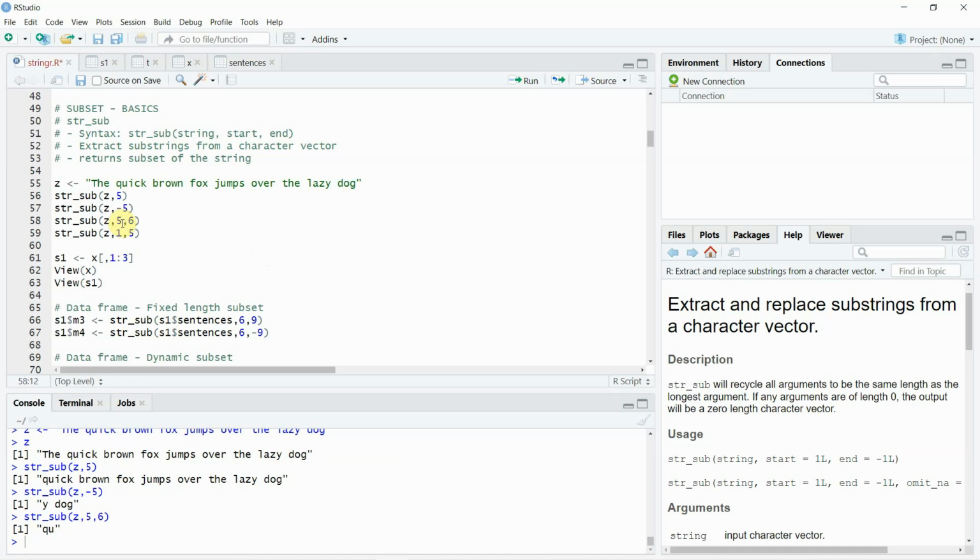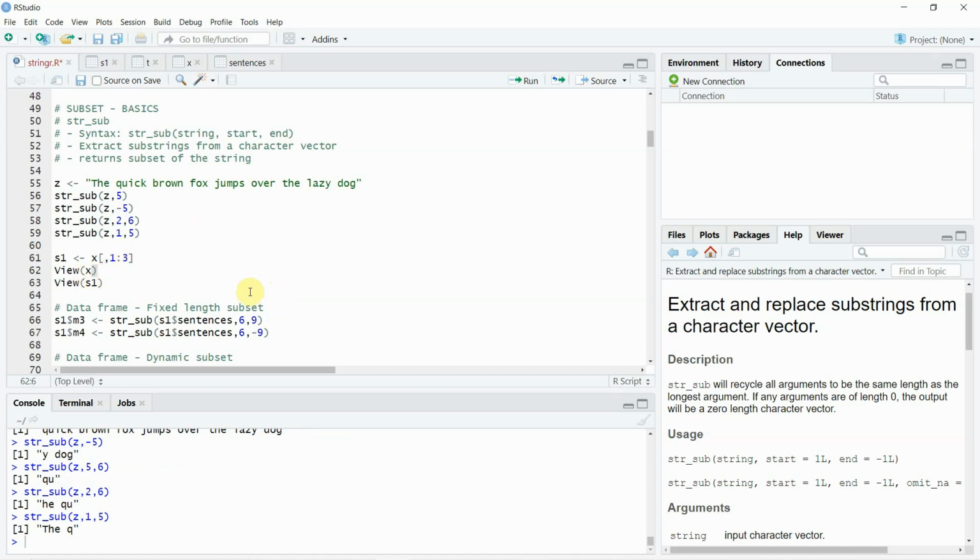Let's say you already know the start and end point of a string, so you just have to mention the string, which is Z, comma 5, comma 6. I mean, 5 and 6 are positions, and you can use them interchangeably. If you want to use 2, you can use 2 and it will return the value from the second position to the sixth position. If you start using 1, then it acts like a LEFT function. It will give you the first 5 letters of the string based on line number 59. So that was fairly simple.